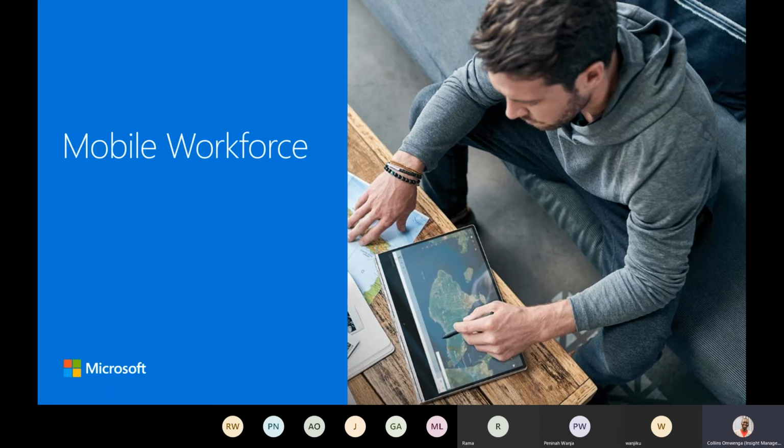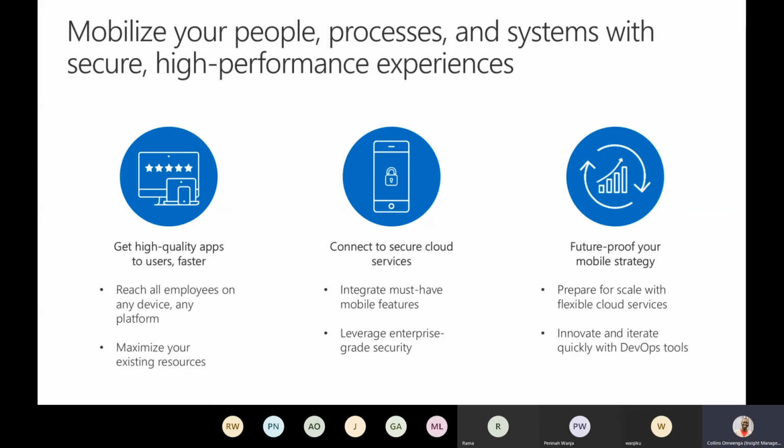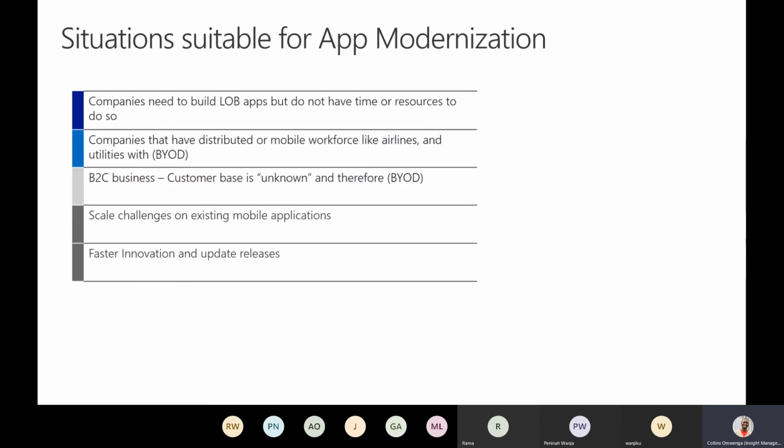Jumping into the mobile workforce conversation, in this scenario I'm looking at farmers, extension workers, and the guys in the field. How do we provide some level of engagement and access to your platform to the people who need it the most in the field? You're looking at how to deploy your application in the cloud, integrate it to mobile devices, and provide those services easily. Azure provides some level of access to that.